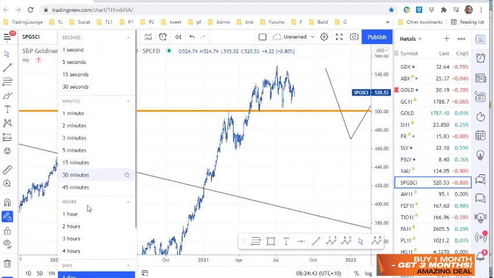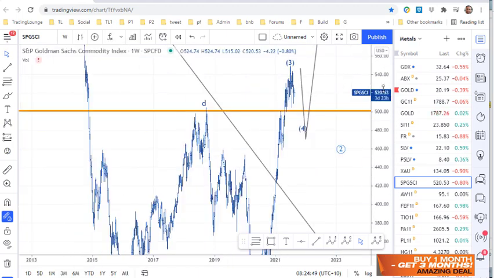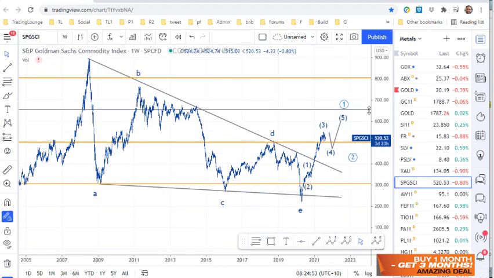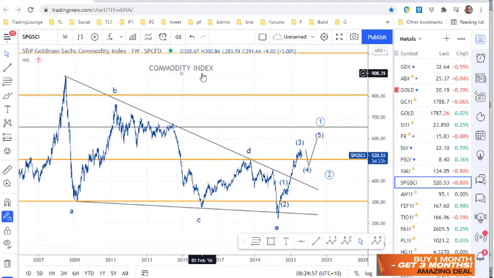Maybe I've got it on the... Need to go to the monthly here for this or something, or weekly. Let's try weekly. Okay, weekly does it. Yep. So this is also, I think, really interesting because the commodity index for Goldman Sachs, we've got down here